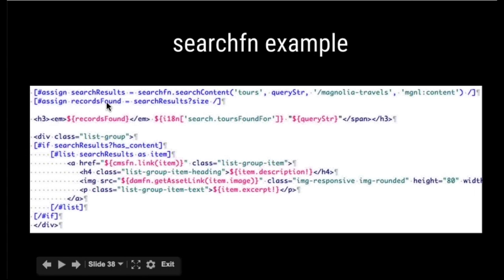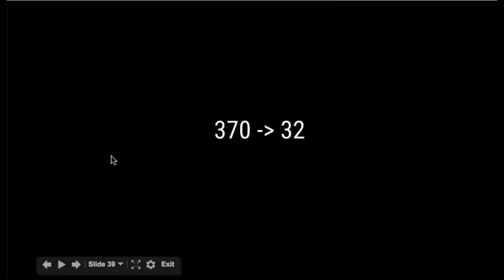If we want to get the number of records found, we have a records size method or attribute of the search results. And then very easily we can craft the template that we need. And yours is probably going to look different for your project. So we can return the number of results found in this H3. And then later you can see in this list,